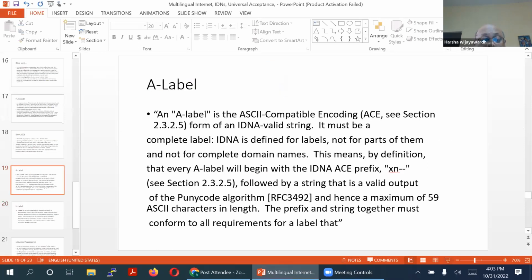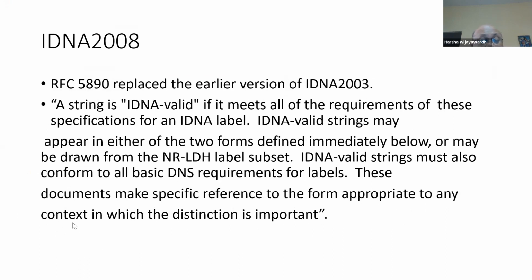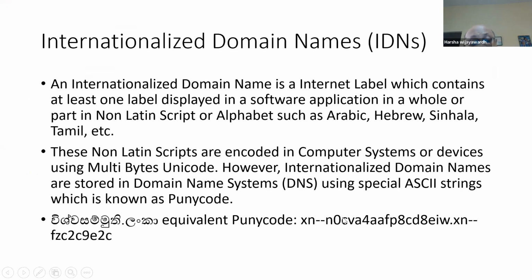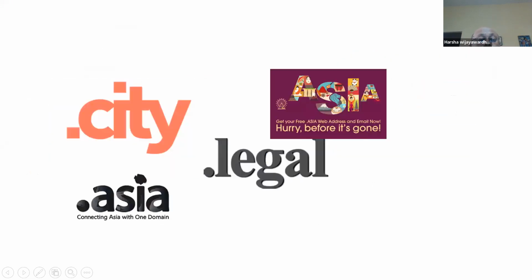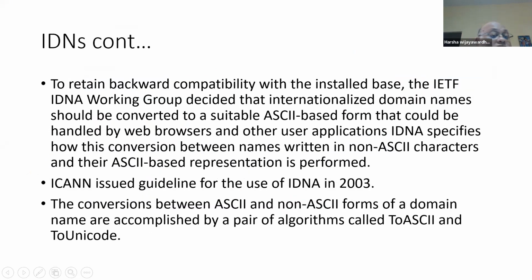Let me show you the U label. So this is a U label. Vishwasammuti.Lanka. This is the equivalent of Vishwasammuti in Unicode. So the U label is this, and that is in Unicode, right? The U label is an IDNA valid string of Unicode characters in normalization form,